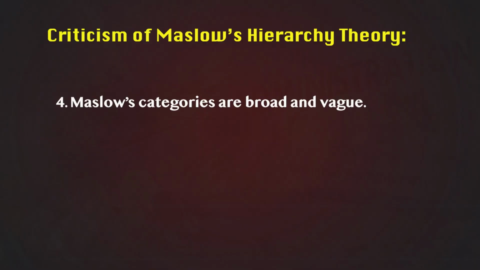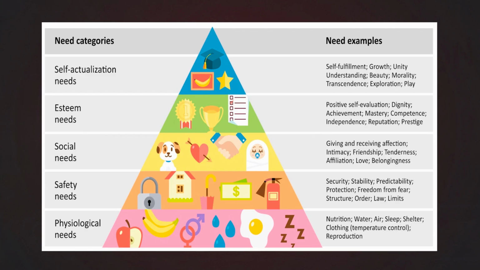Lastly, Maslow's categories are broad and vague. For instance, the concept of self-actualization is criticized as vague, imprecise and too general unless it is categorized or further refined. They seem to offer little connection between the design of work and motivation in the workplace. This problem has been addressed by Frederick Herzberg and his associates.